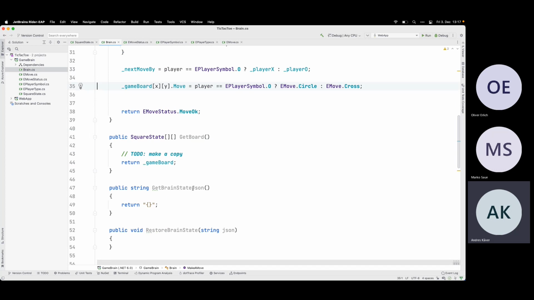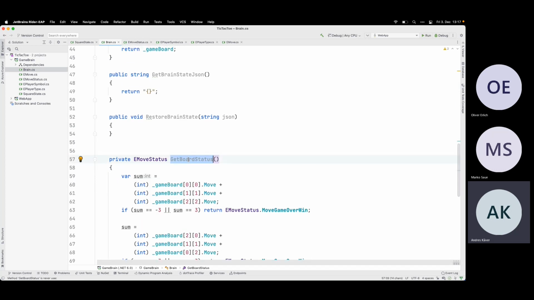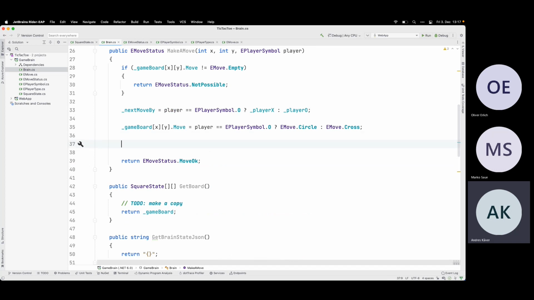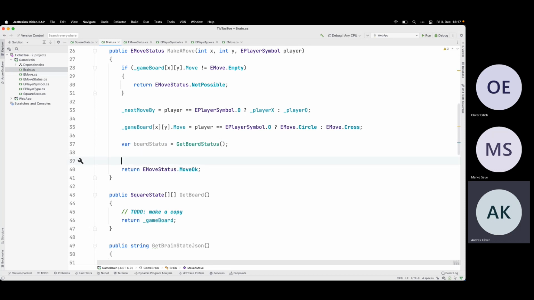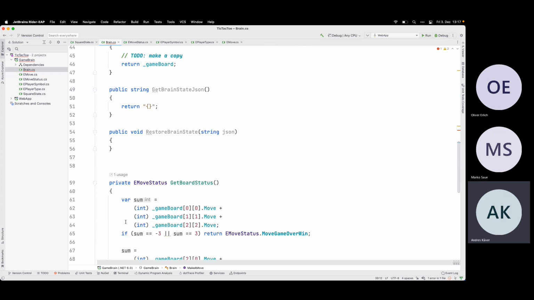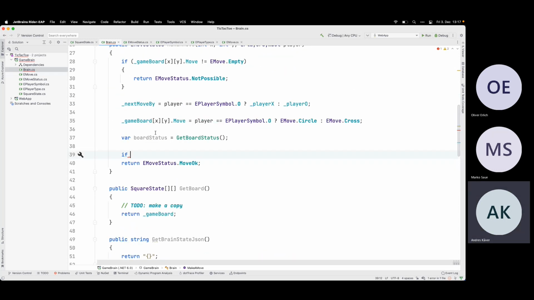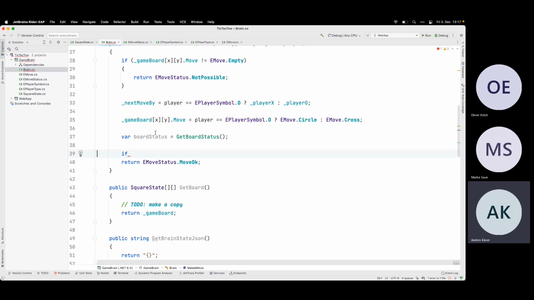And now we can actually, we need to check this status here. So we made the move onto the board. And now let's get the status. And it is actually already move status, so we can just return it.